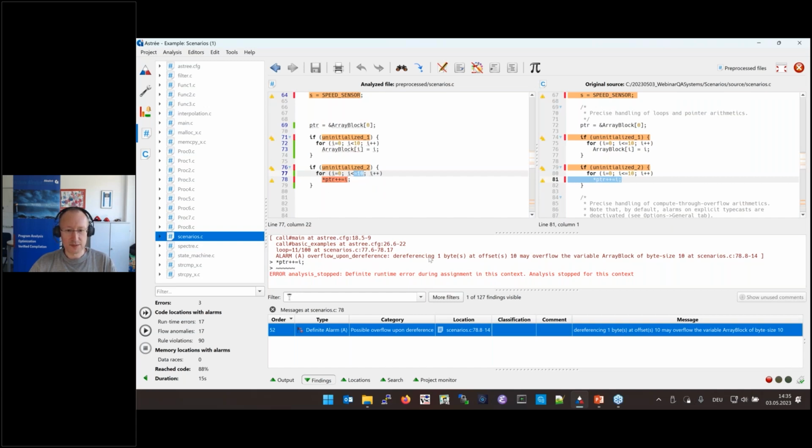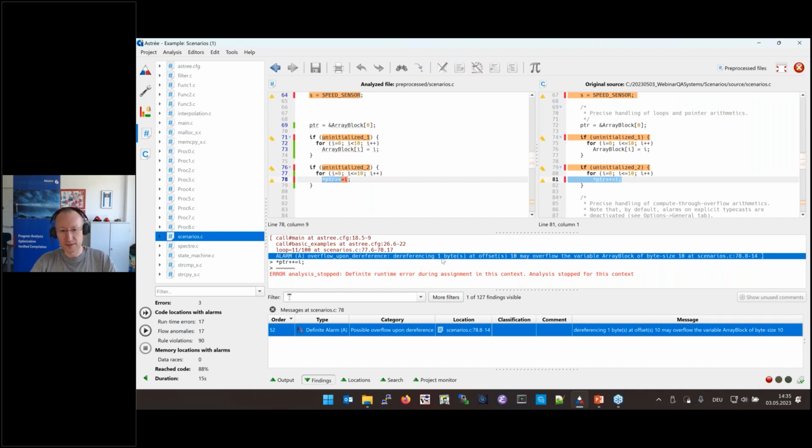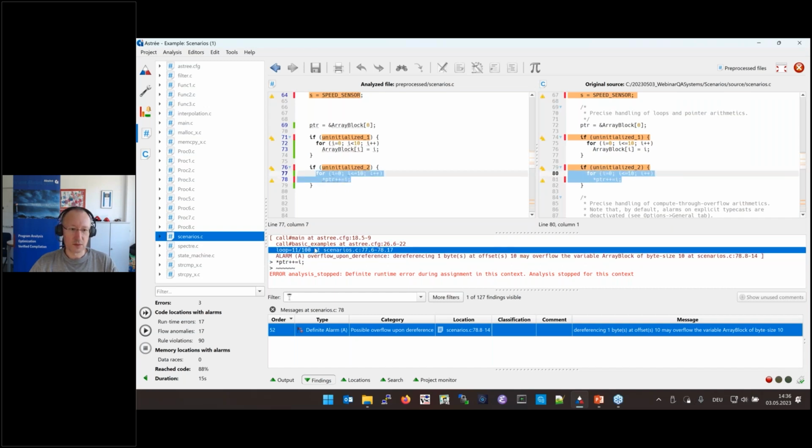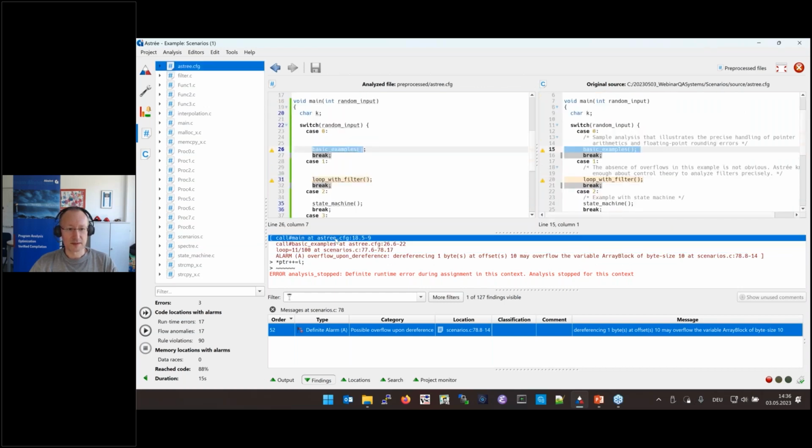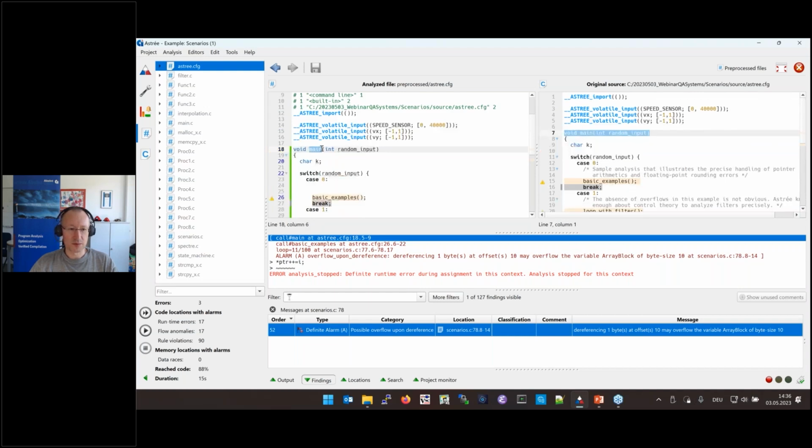So this is also something you see in the middle part of the message. So I can click here, and then, like if you set the breakpoint in a debugger, you can walk up the call stack to find out how you ran into this particular problem. So here we see, yes, I have my buffer overflow, and it happens in the 11th iteration of the enclosing loop here. And well, I run into this if I call the function basic example at this place, and eventually from the entry point of the analysis, which is my main function.